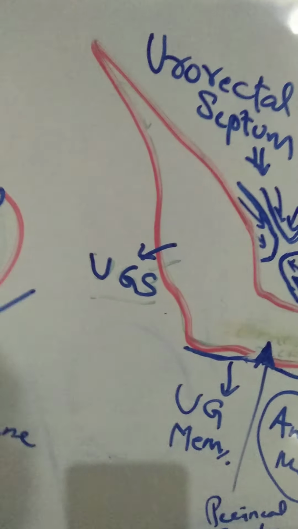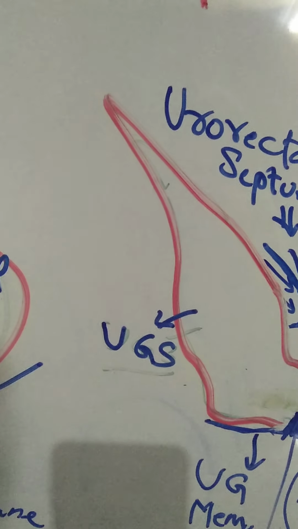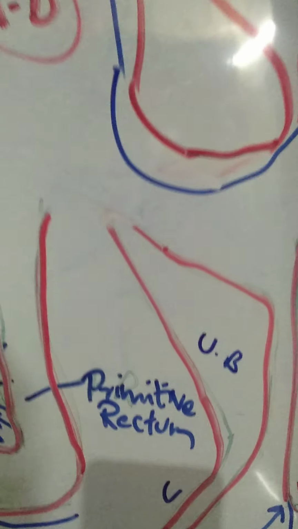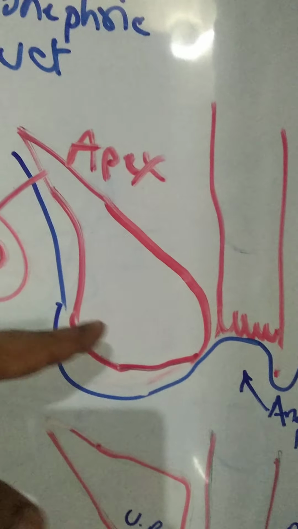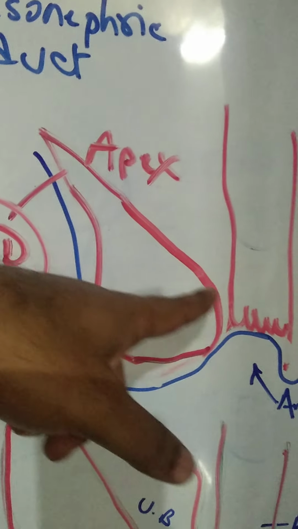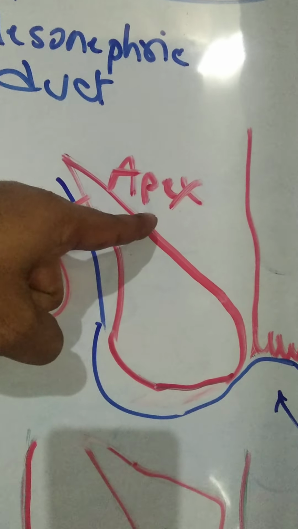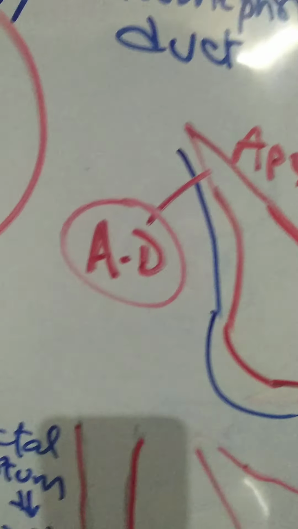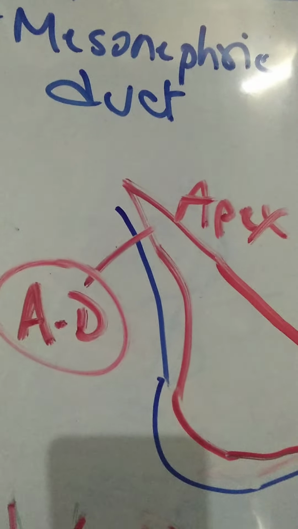Now coming back to our topic, the urogenital sinus. Underlying that will be the urogenital membrane. So obviously the urogenital sinus will give rise to the urinary bladder. That's understandable. But the entire mucosa of the urinary bladder comes from the endoderm of the urogenital sinus, except 2 areas. One is the apex of the urinary bladder, which is developed from the allantoic diverticulum. What is this allantoic diverticulum? You see this diverticulum. The apex of the urinary bladder is derived from the allantoic diverticulum.